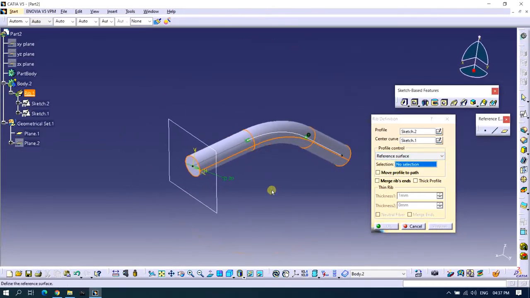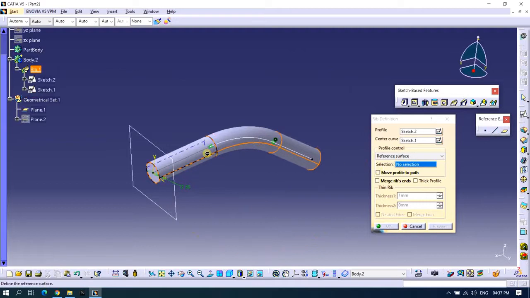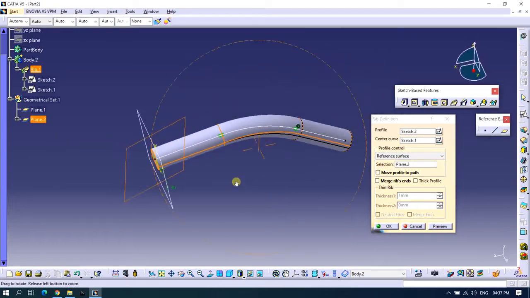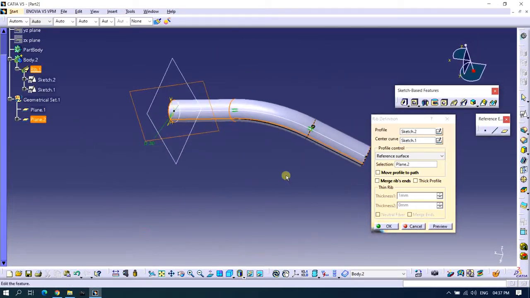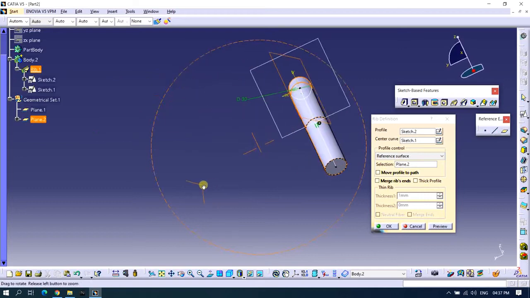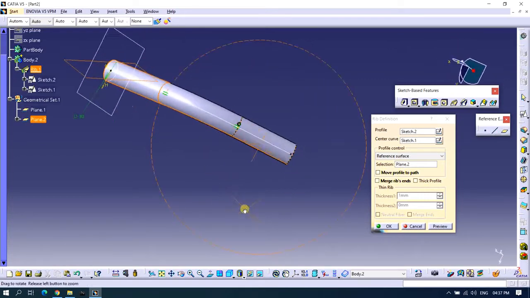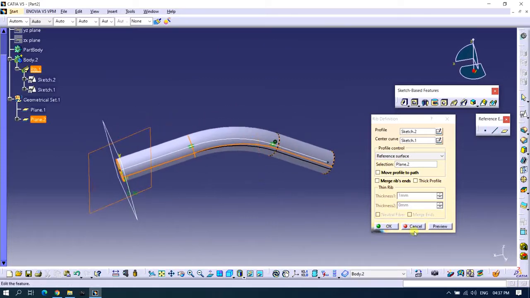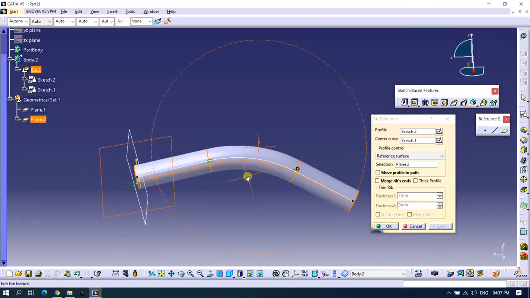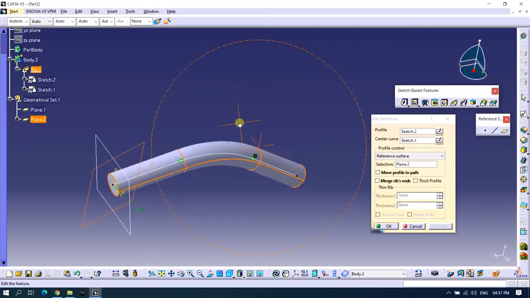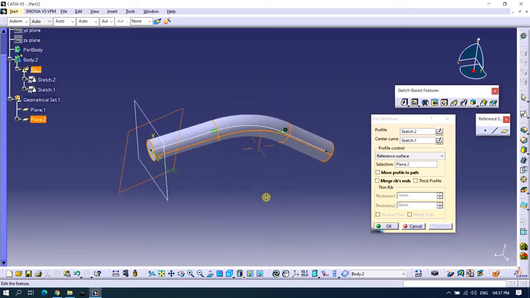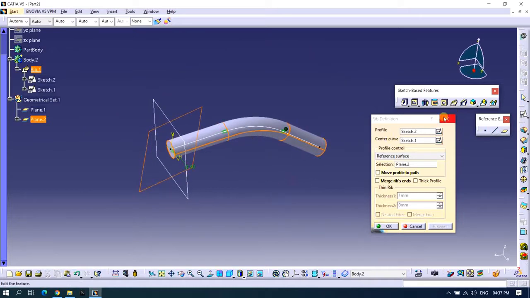There is one more profile control option here, that is reference surface. So for this reference surface, I will select this plane. You can see here it is showing us preview. It will not show much difference here in the circular cross section, but if we change the cross section as rectangular or square, you will get to see it.